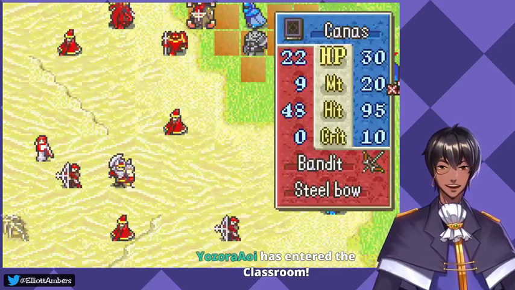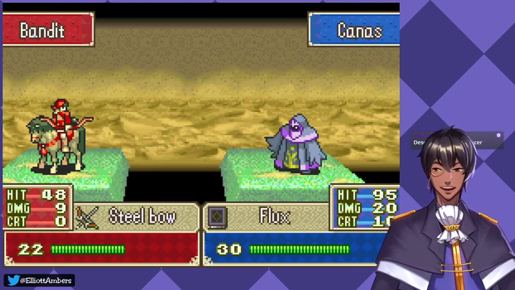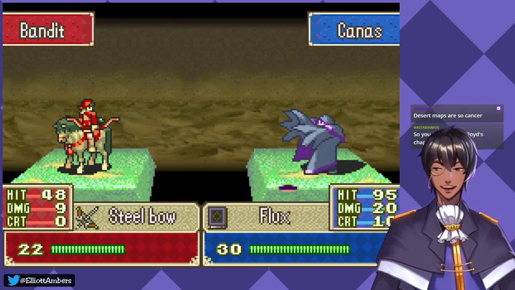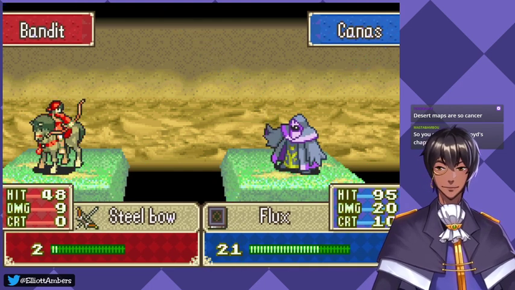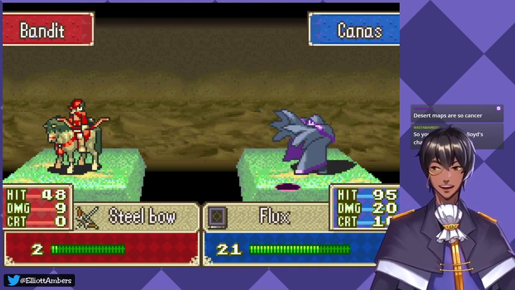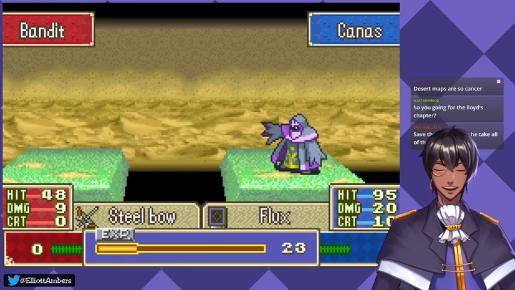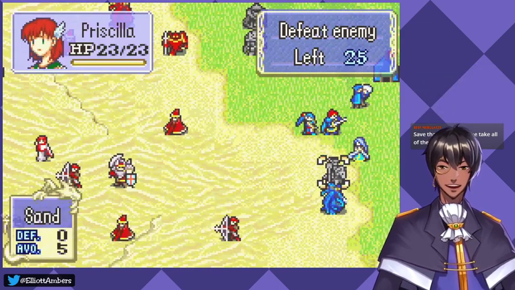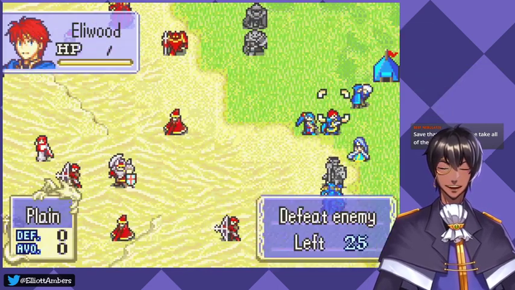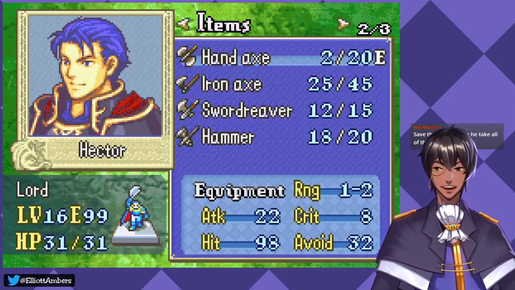I'm currently racking my brain trying to figure out how exactly I'm going to approach this map. Desert maps are awful. I think I'm going for the Linus chapter at this rate. Eliwood's already level 20. Hector, I think, is level 15. Yeah, I gotta save Pent before he prevents me from going to Genesis. Yeah, level 11, level 20, level 16. So...